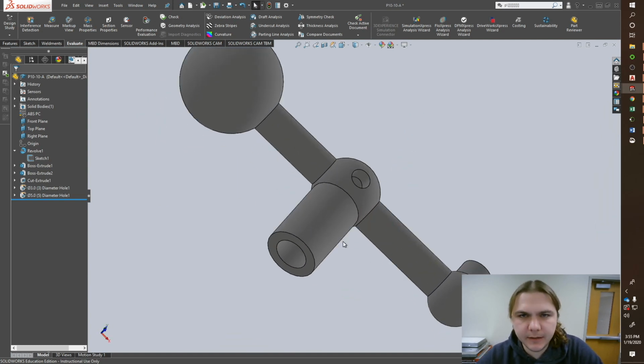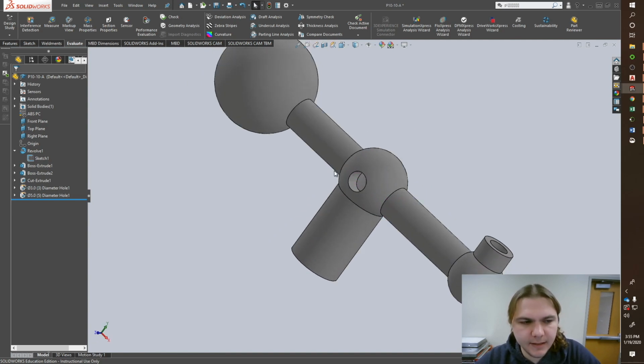Now that automatically follows the height and I'm good to go. Before you jump over, you can do this after you do it, but a couple things I want you to do in your model before finishing your drawing is to apply the material, the weight, and a description to each part. And instead of manually typing those into your title block, you can come up to the File Properties button